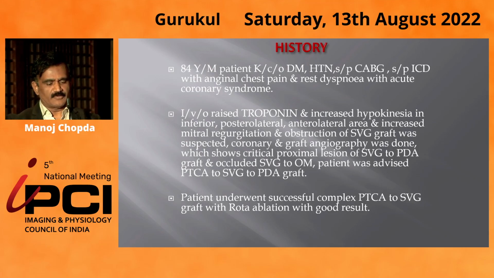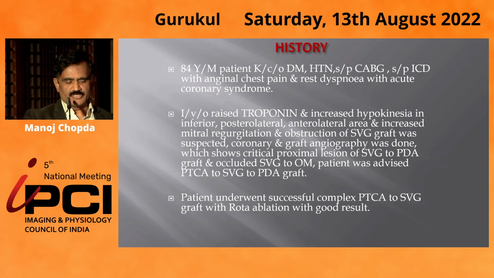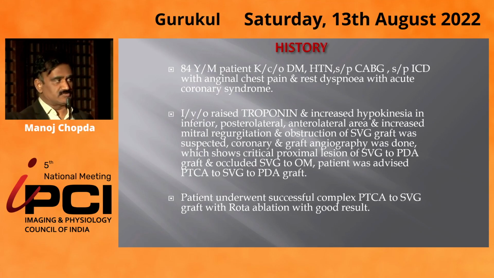Patient is a diabetic, hypertensive, CABG almost more than 20 years back, ICD, with anginal chest pain and rest dyspnea with acute coronary syndrome. Troponins were raised and there was hypokinesia in the inferior, posterolateral and anterolateral areas and increased mitral regurgitation, and there was